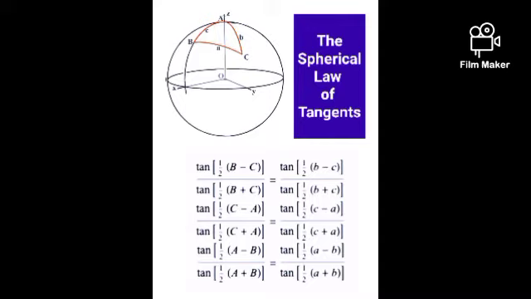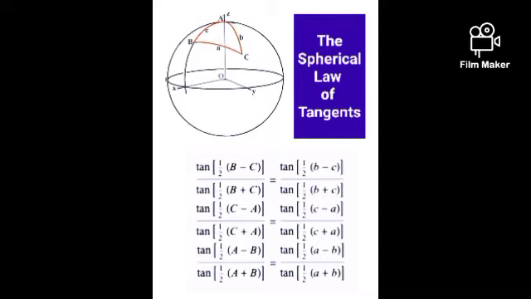The last equation is the one we had as an example earlier, where we take the sides small a and small b. Now, these equations may be read from left to right or from right to left, as we did